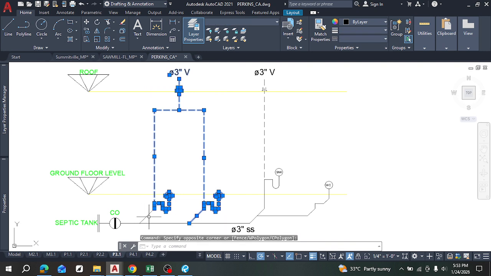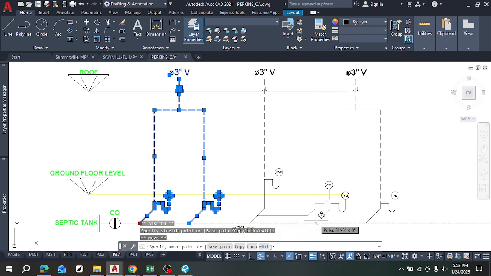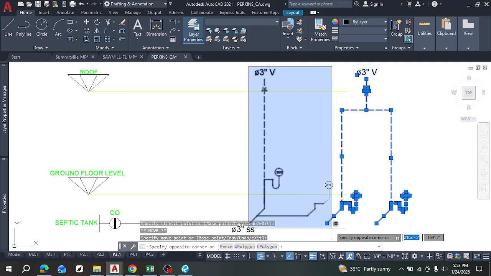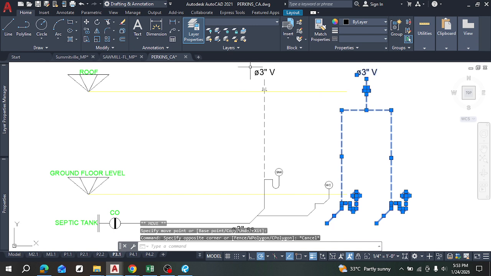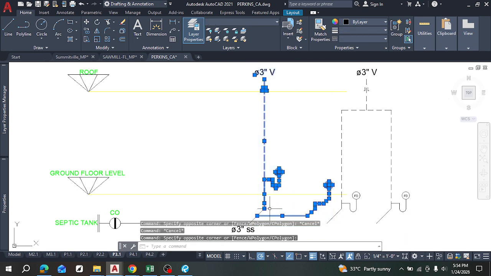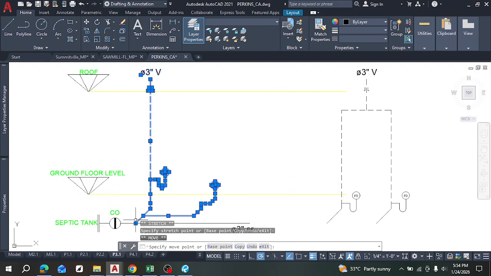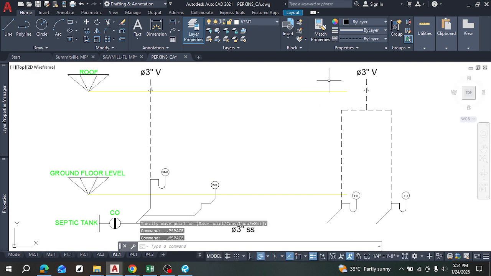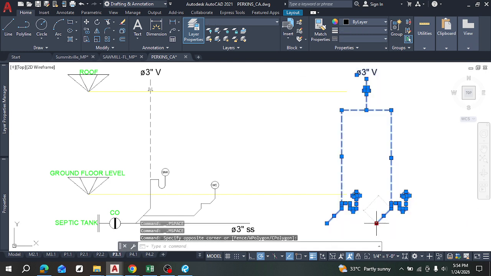So let's quickly make that change before we proceed. Okay, so somewhere here, and then move this. Okay, yes. Okay, escape, move this. Now you're wondering how I'm able to edit on this sheet page. It's because I was able to toggle this, from paper to model, right? So if it is on model, when I press paper, it means I can edit what is behind. Right, can move this